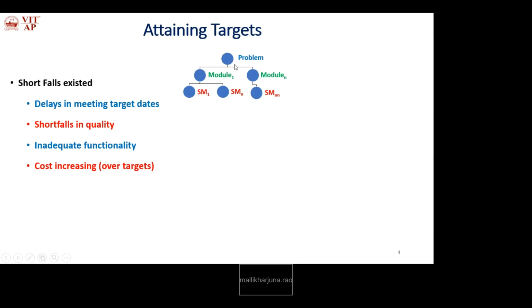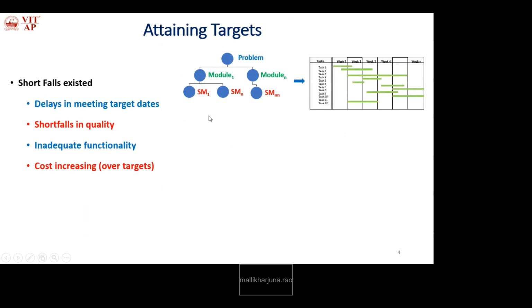Okay, so here we are not solving the problem as a single unit or a single element. We are dividing this problem into various smaller sub problems called modules and so on. For this problem and the various intermediate level elements and lower level elements, a schedule is created. When should we start the submodule and when should we start the module, and so on. At the same time, when should we finish the lower level elements, the intermediate level elements and the final solution. A schedule is created, that is scheduling activities.